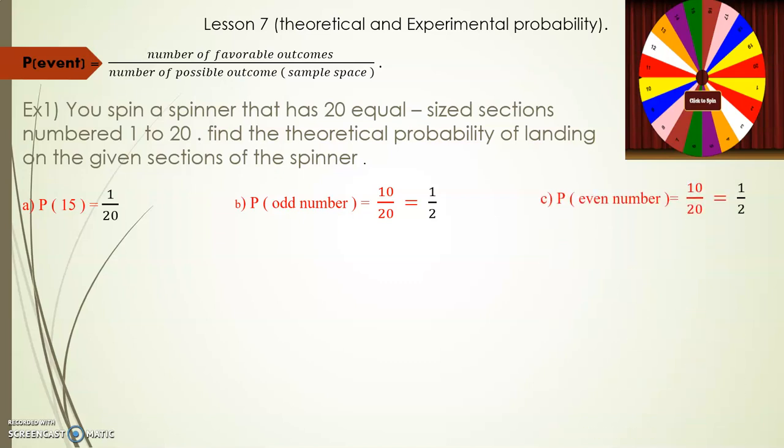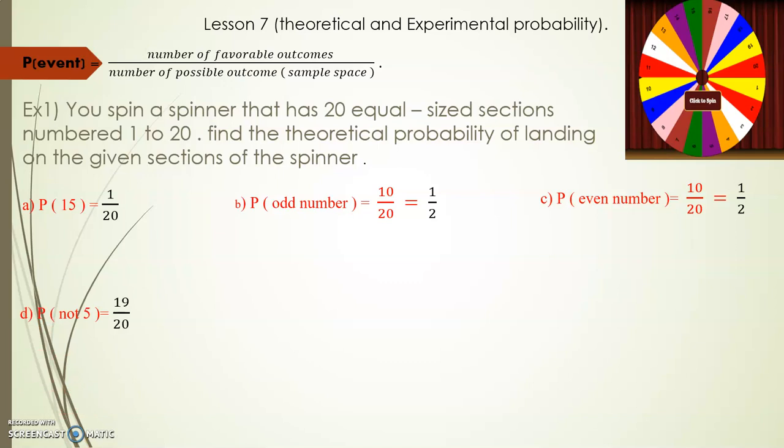Letter C, probability of even number. When we count even numbers in the same way of counting the odd numbers, it will be 10 out of 20. From 2, 4, 6 to 20, but just even numbers. So it will be 10 out of 20, cancel 0 with 0, so the result equals 1 out of 2, or the simplest form, it will be 1 out of 2. Letter D,